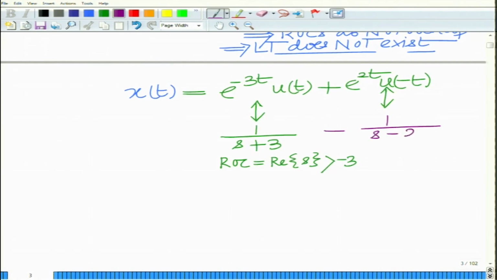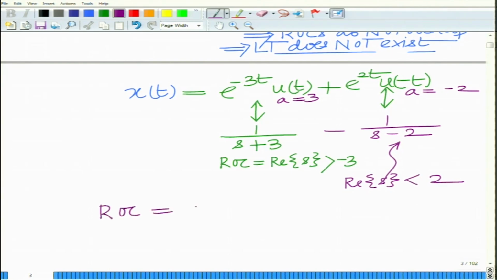So, this is 1 over s minus 2 and minus 1 over s minus 2, and the ROC is real part of s less than minus a. This corresponds to a equals minus 2, this corresponds to a equals 3. So, real part of s less than minus a, which means real part of s less than 2, which implies the net ROC equals the intersection of these two ROCs, that is